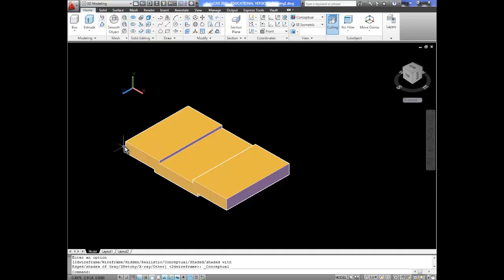Now we need to add our fillets, and to add a fillet we can do it on the 3D solid view, isometric. Then we need a radius, R for radius, and the radius is going to be 0.5, and then we're going to go multiple because we're going to choose different corners. So we choose this corner right here, and then enter, and then the next corner, and repeat, enter,